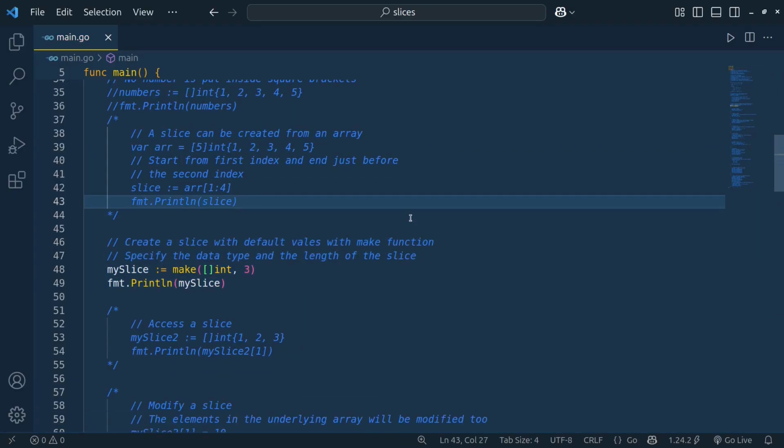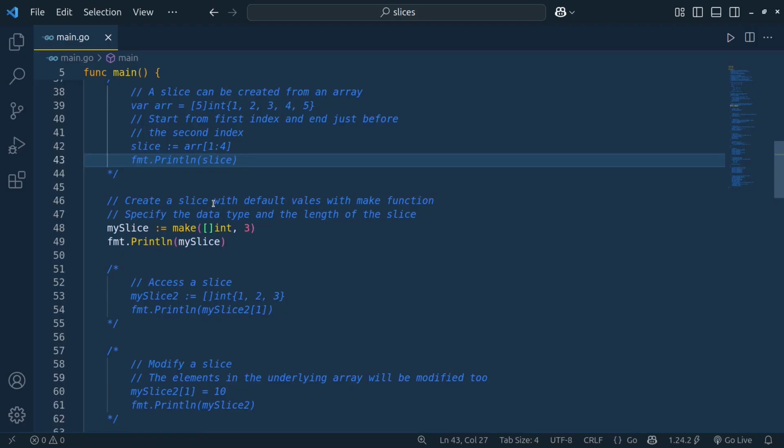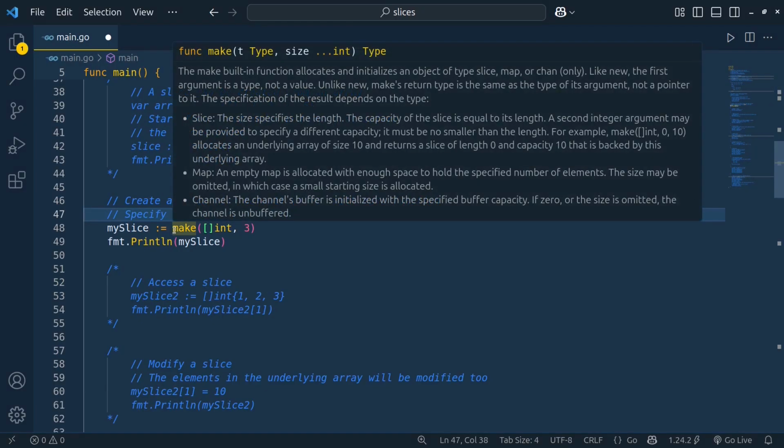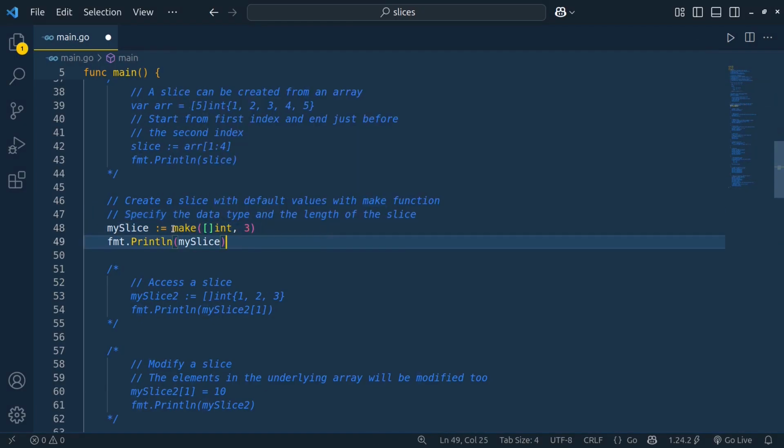Now, okay, let us see this part. We can create a slice with the default values with the make function. And we can specify the data type and the length of the slice. So let us see how we can make use of the make function here. I use the make function